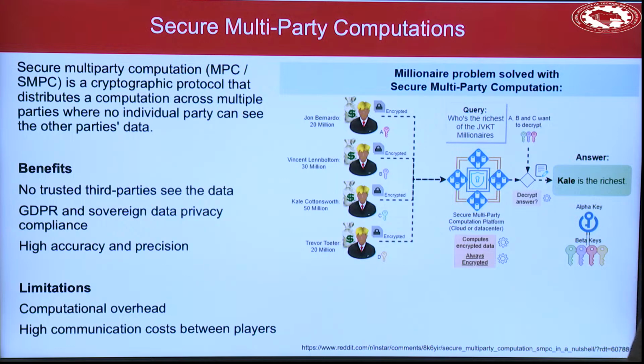So, these people don't want to reveal what value they have. They don't want to reveal it to each other, but they want to compute something. In this case, they want to make a comparison saying who is the richest person without showing the actual numbers. Now, this kind of application is very, very popular in data privacy preservation cases, where you don't want to reveal the exact numbers, exact data, but you just want to learn or do some computations over the data, right?